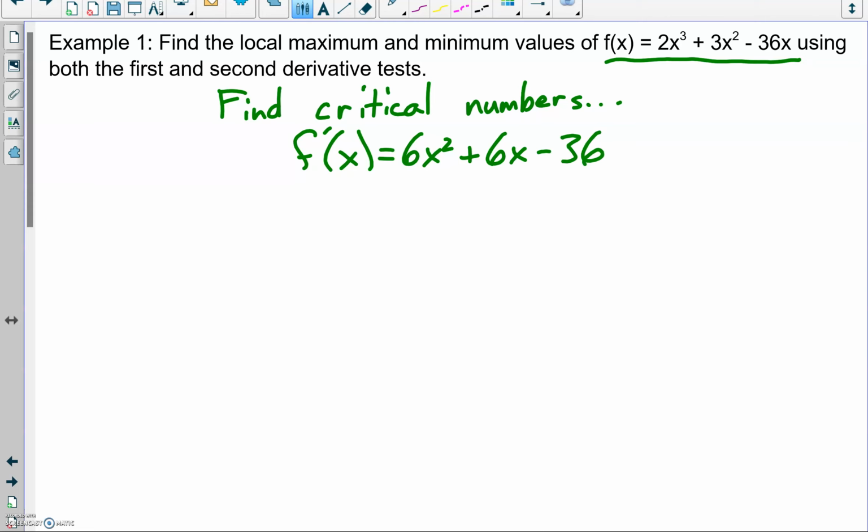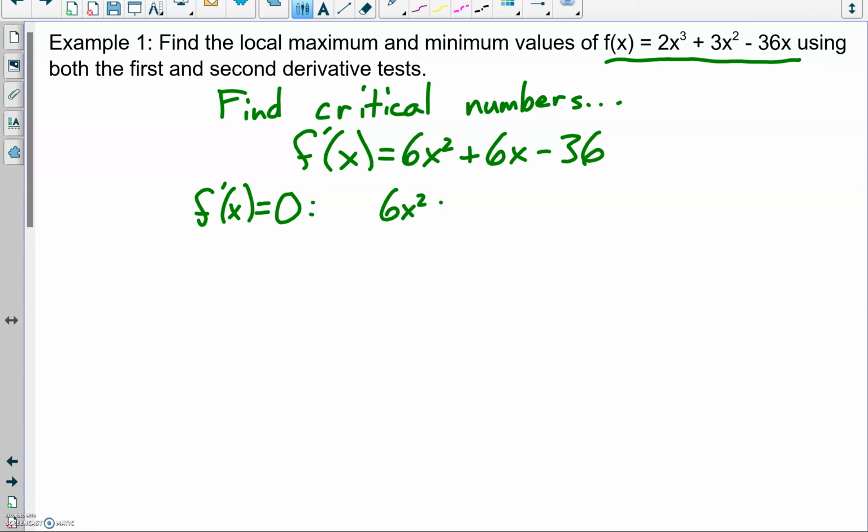And that is a polynomial. The derivative is a polynomial. So the derivative exists everywhere. So we won't have any critical numbers at places where f prime does not exist. So we just focus on f prime of x equaling 0 in order to get our